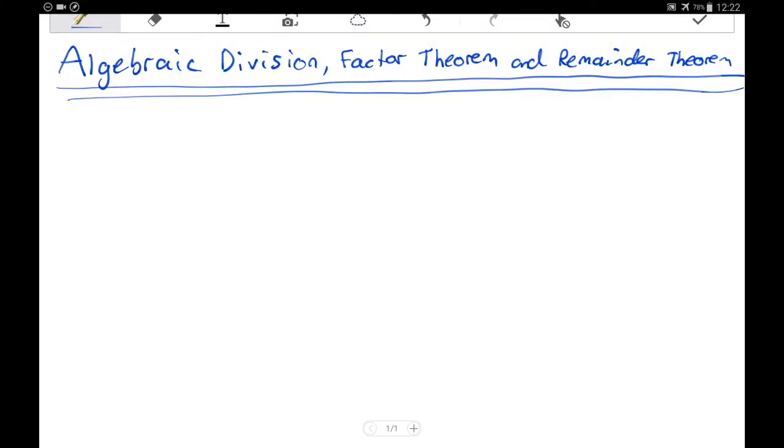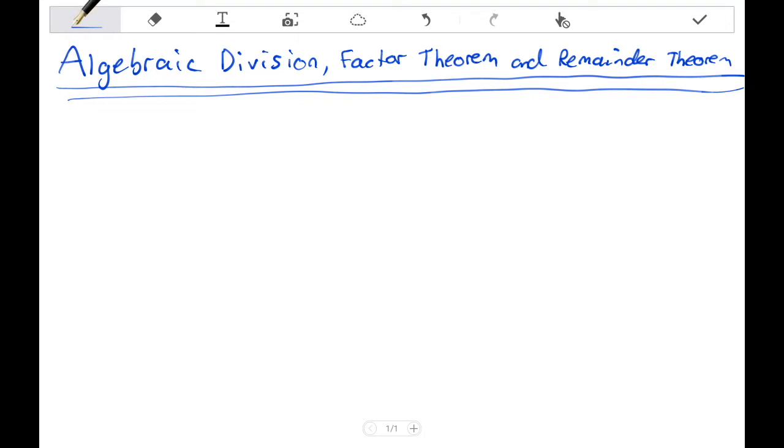Hello and welcome to this video on algebraic division, factor theorem and remainder theorem. This corresponds to the Edexcel module C2 and it's chapter 1. So if you're following along in an Edexcel book, then that's where you can find this. As I said, we're going to cover algebraic division, factor theorem and remainder theorem, which means that we need